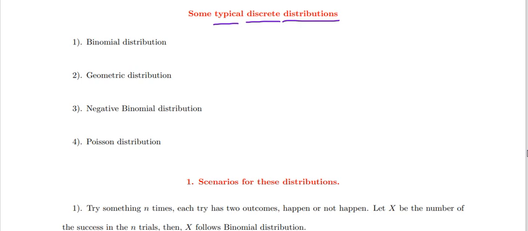I think in many courses we mention the binomial distribution, like in Math 3546 we mention the binomial distribution, right? So how about other distributions, like the binomial distribution? We should know the scenarios for those distributions. So a typical example of the binomial distribution is